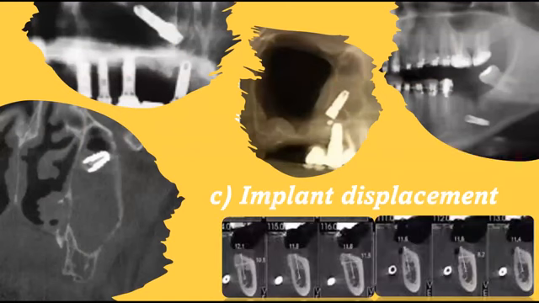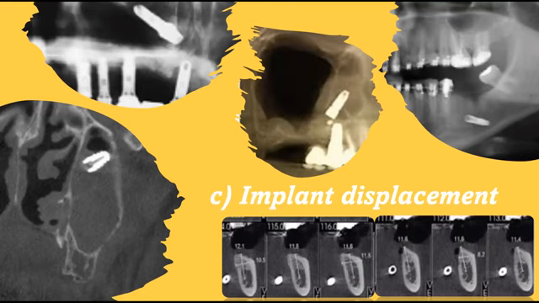Implant displacement or malposition, and the displacement of dental implants into the maxillary sinus or the submandibular space. The CBCT allows us to accurately assess the location of the displaced implants in different aspects, either the anterior region, the posterior region, or the lateral aspect of the maxillary sinus. And in case the displacement is into the maxillary sinus, almost always the Caldwell-Luc procedure is indicated for the retrieval of the implants from the maxillary sinus.